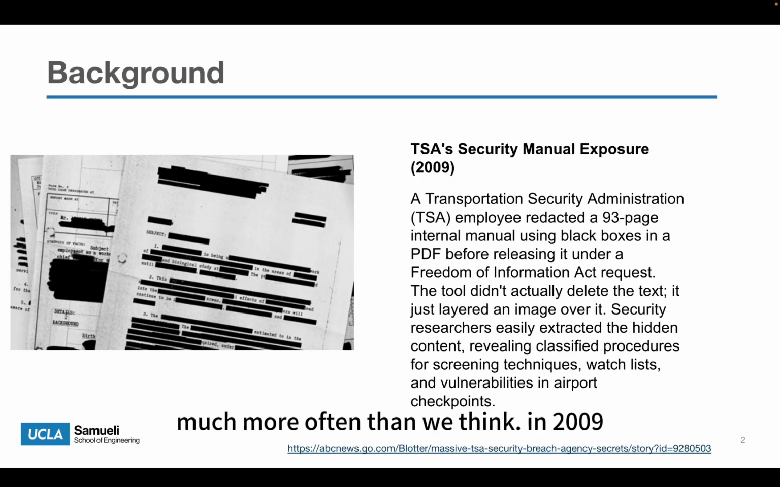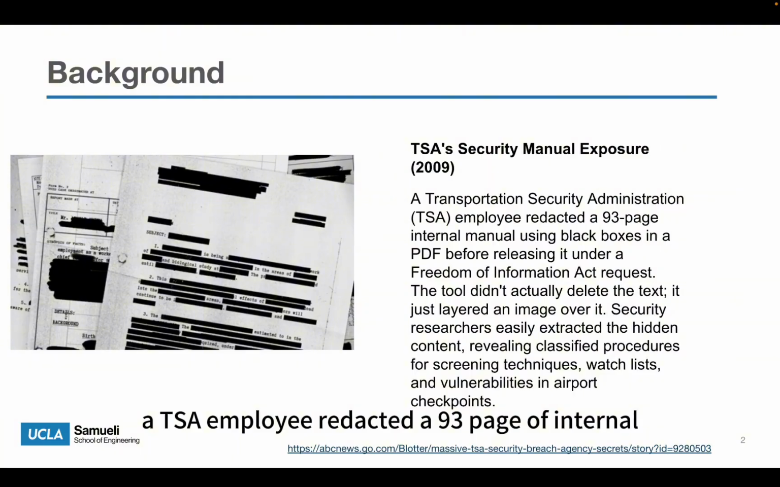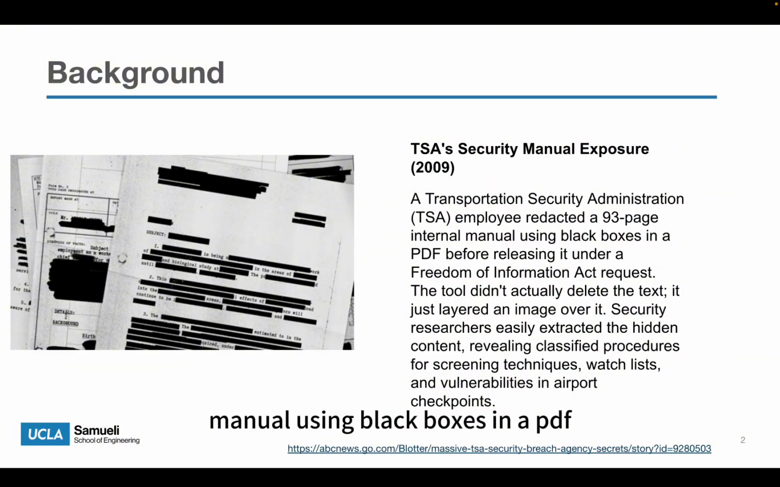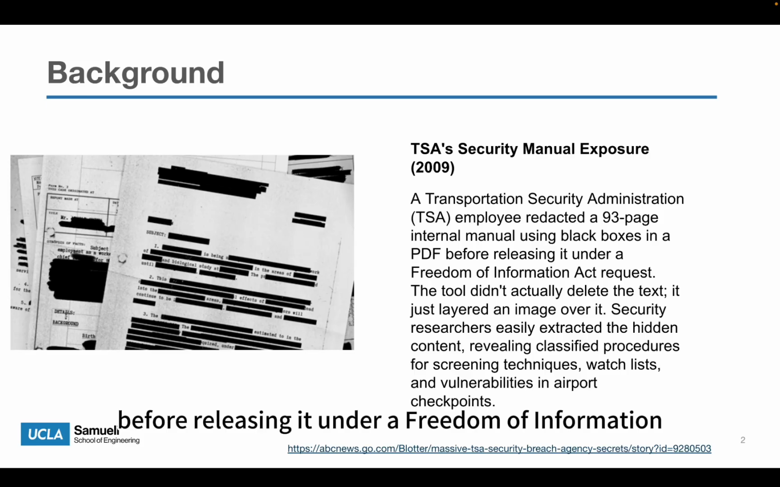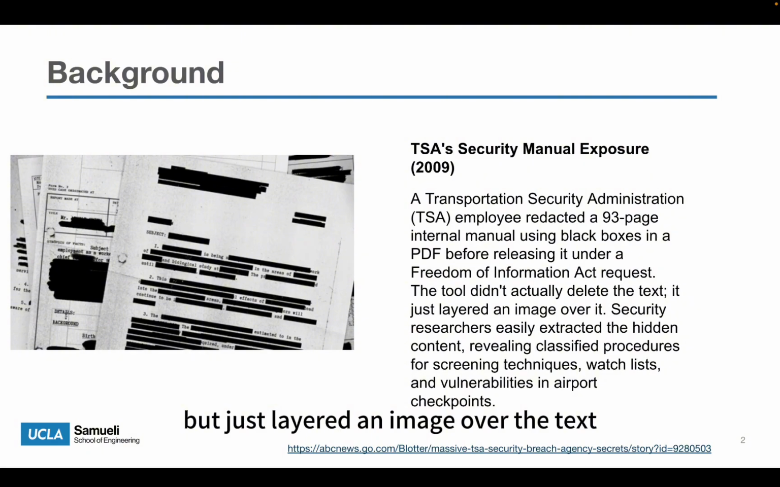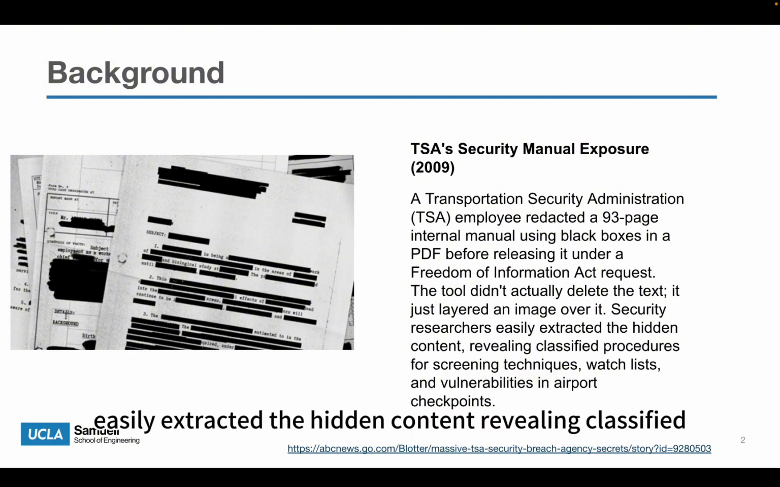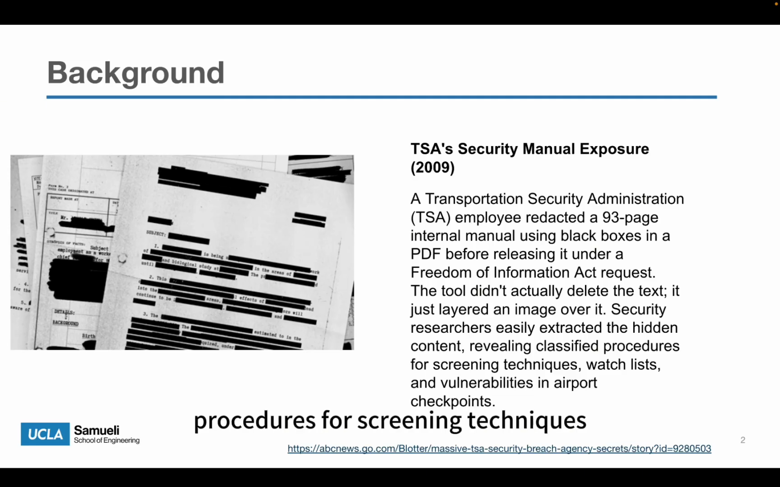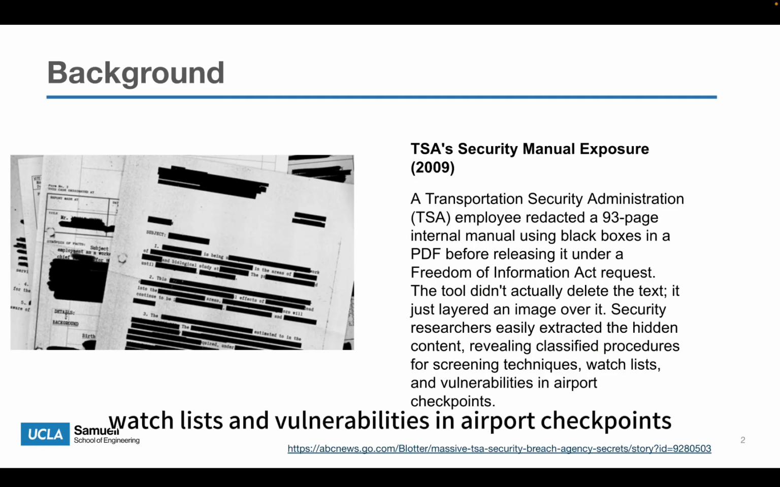In 2009, a TSA employee redacted a 93-page internal manual using black boxes in a PDF before releasing it under a Freedom of Information Act request. The tool didn't actually delete the text, but just layered an image over the text. And some security researchers easily extracted the hidden content, revealing classified procedures for skimming techniques, watch lists, and vulnerabilities in